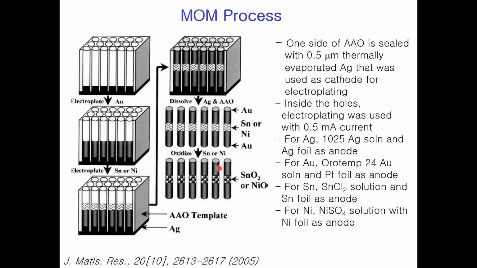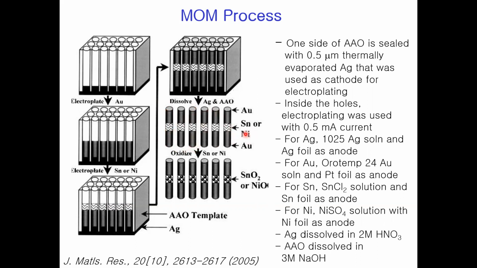And then if you're making, let's say, tin oxide, then you electrodeposit tin. If you're making nickel oxide, you electrodeposit nickel. And then you electrodeposit gold again. And then you have to use dissolution agents. So you can dissolve silver in this solution, and then you can dissolve the alumina, anodized aluminum, in this solution. So you end up with this gold, nickel, gold, or gold, tin, gold type